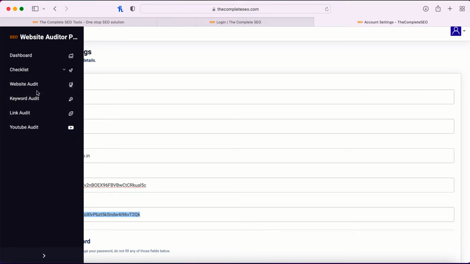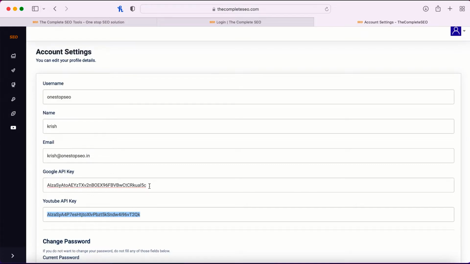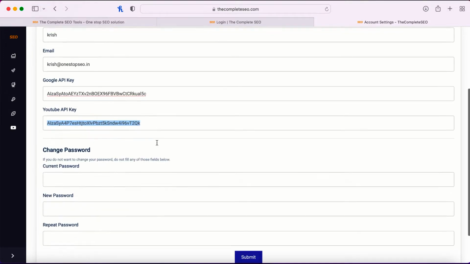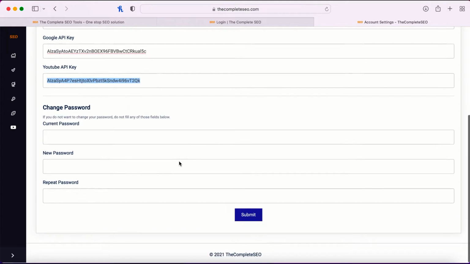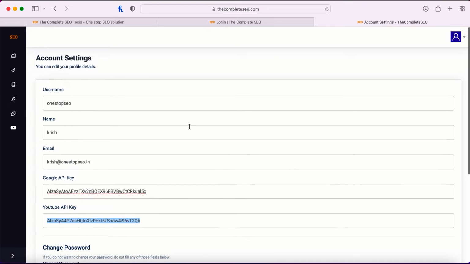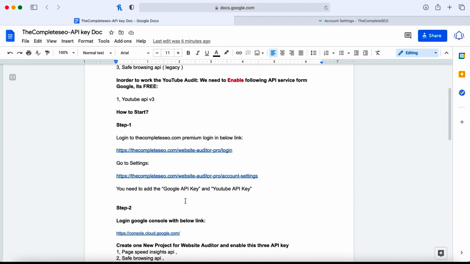There are a lot of auditors here. In order to generate the website auditor or YouTube auditor, you need to add your Google API key and YouTube API key in this section. How we add them, we will see in this video. After you log in, you visit